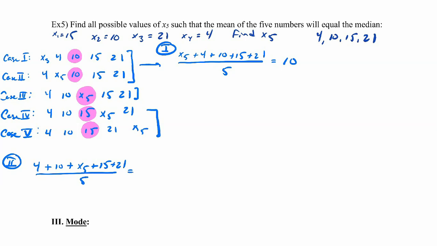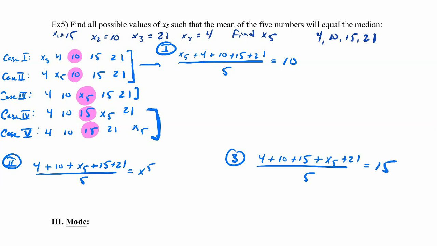So I'll set this one equal to X5. And for the third case, we're looking at these bottom 2 here, where X5 is one of the larger values, in which case 15 was the median. Okay, so again, just 3 equations to set up and solve for, and let's see what we get when we